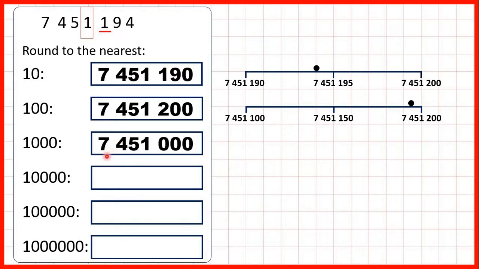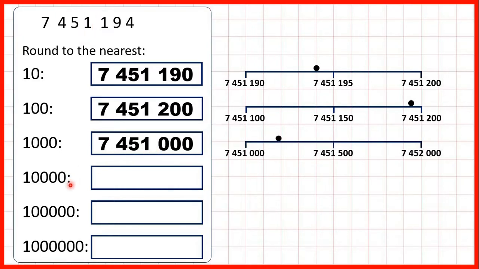So that's 7,451,000. To the nearest 10,000, we circle the digit that's in our 10,000s and look to our thousands. We have a 1, so we're rounding down. That means the 5 in our 10,000s stays the same, digits to the left always stay the same, so we have